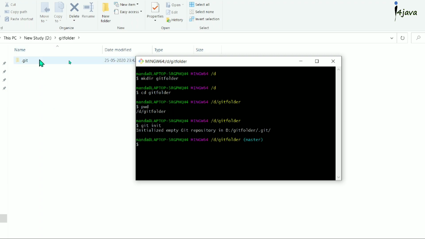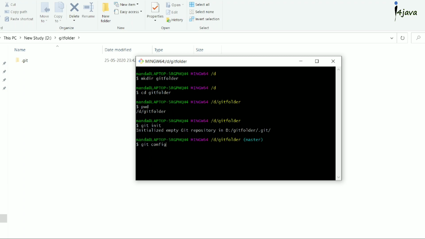Whatever files we create here and inside the subfolders will be tracked by this Git folder. Before making any file or performing any operation, I am just configuring my details here.